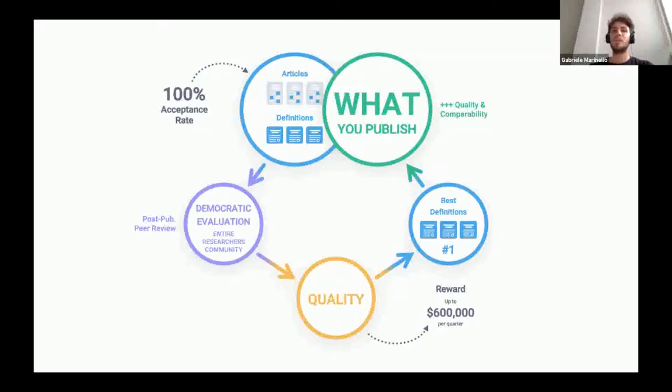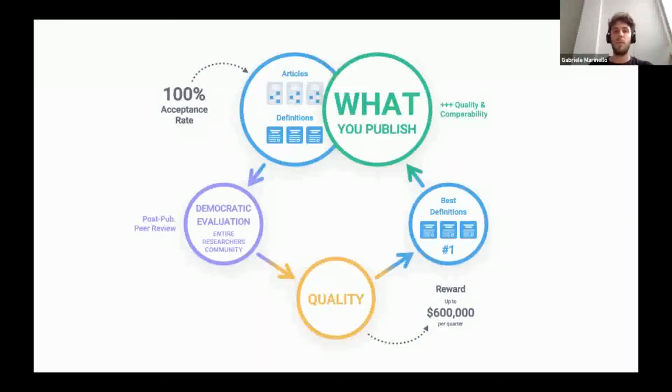Now we just repeat the process of asking the entire scientific community to perform a peer review. So you can think of the review and rating of definitions as a peer review process directly on the building blocks.